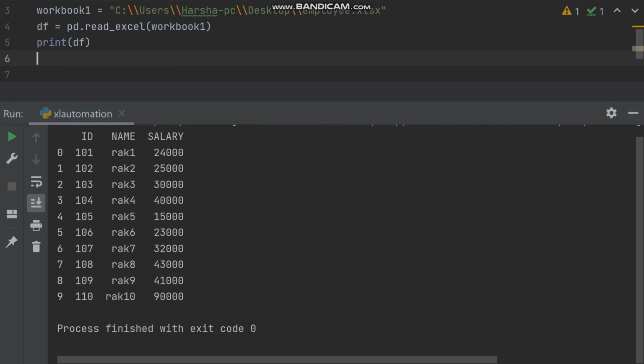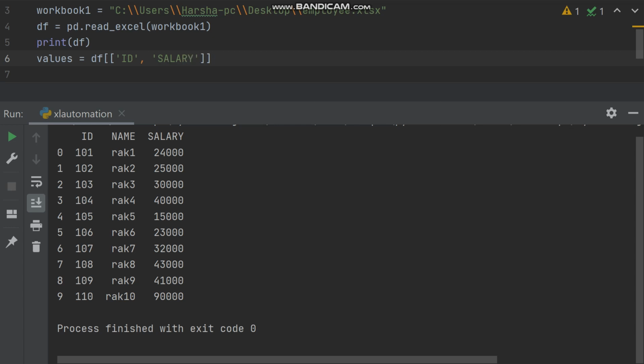Now what to do? Now try to take the values. Values equals, from data frame, double square bracket, and inside that take ID, then comma, and then take salary.